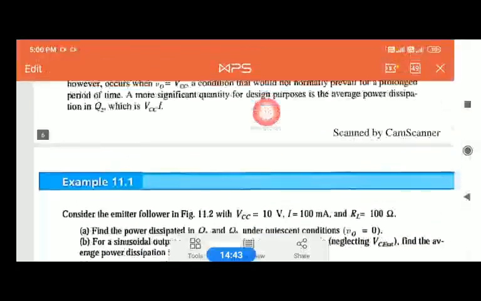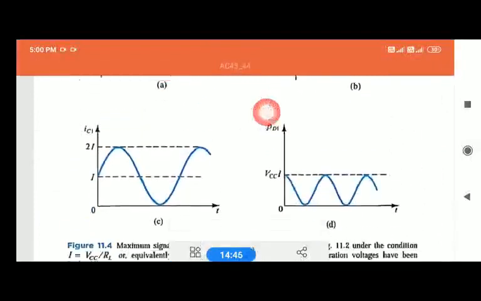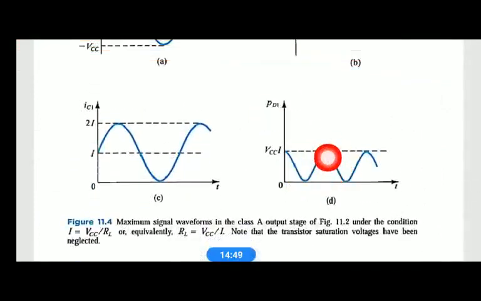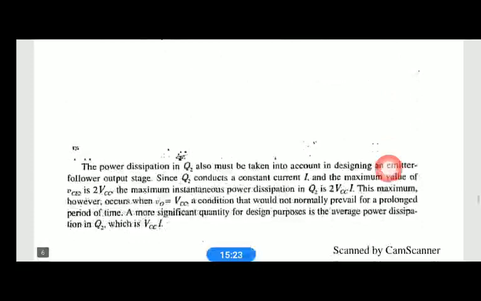Right? See here, actually don't get confused. This is the waveform when you apply the input voltage, and this is the power dissipation. When you do not apply the input voltage, the power dissipation is the sum of the power dissipation across transistor Q1 when there is no input plus the power dissipation across transistor Q2 when there is no input, which is VCC into I plus VCC into I, 2 VCC I. When there is no input, VCC into I is the power dissipation in each.